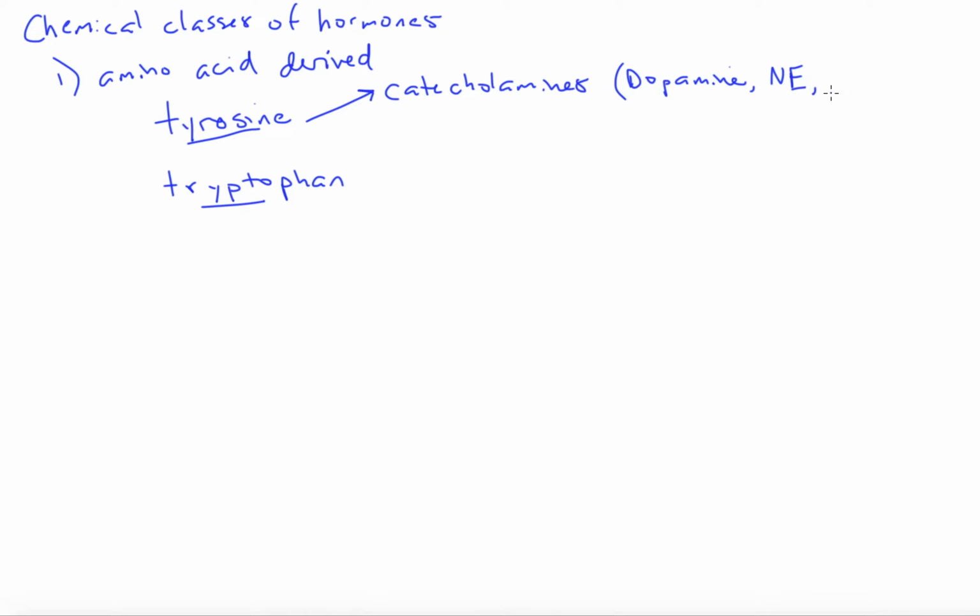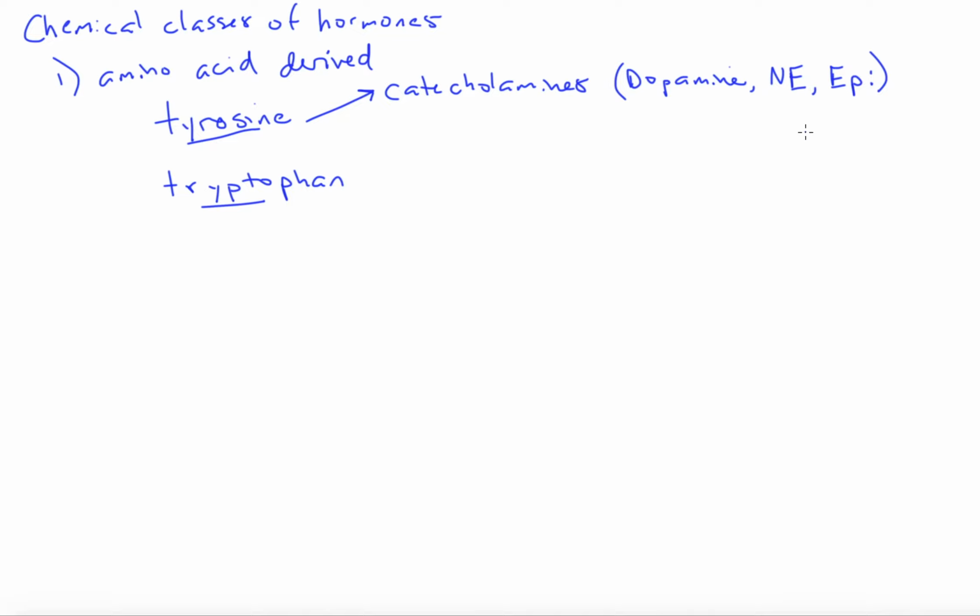The adrenal medulla, where these catecholamines are produced, would produce norepinephrine and epinephrine. Epinephrine I usually abbreviate as epi. It would produce dopamine, most of which gets converted to norepinephrine, and then most of that gets converted into epinephrine. So it's just a sequential process, enzymatically tweaking the molecule to produce the hormones that are going to be